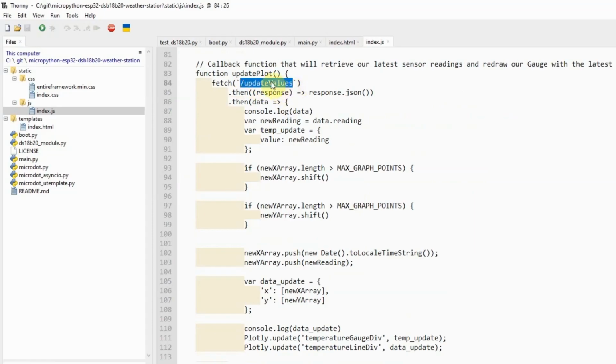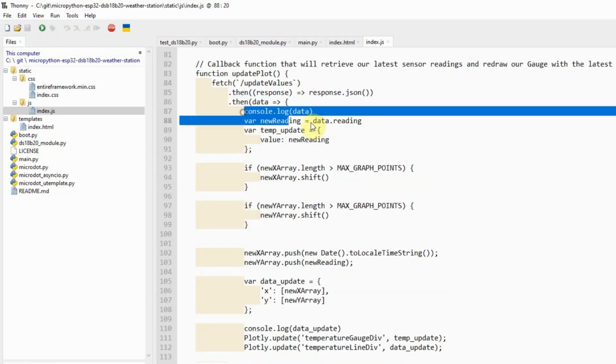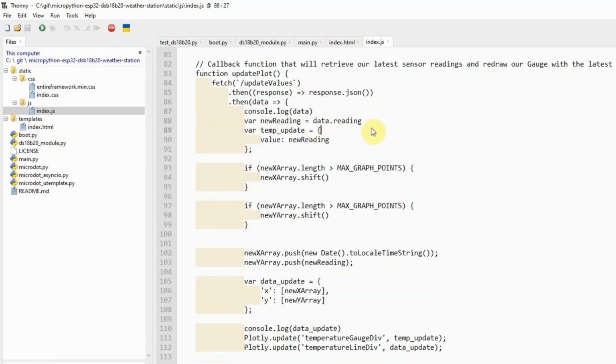When the update values route is called and it returns a JSON response, we're going to read the readings, and after reading the returned data, what we're going to do is update the readings.